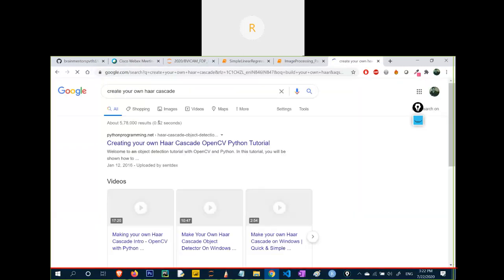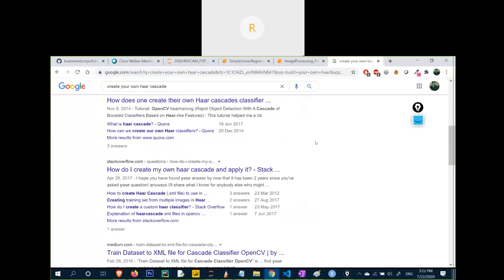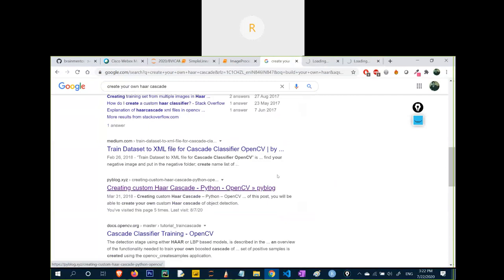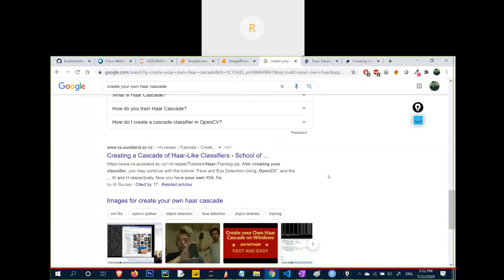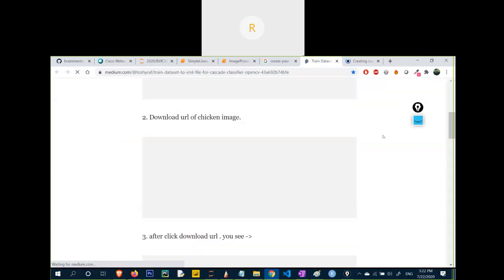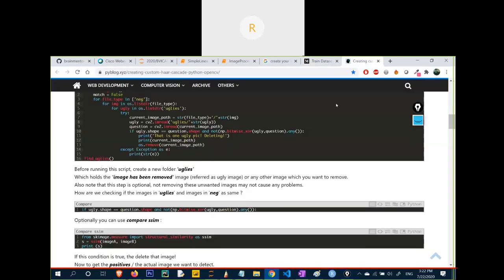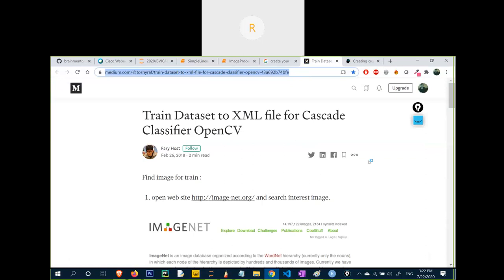Okay, so if you search on the internet for creating your own Haar cascade, let me show you the websites you can take as reference. There are a lot of steps that you have to perform step by step. Then you will be able to create your own Haar cascade file, and then you can detect the currency from the image. So these are the two URLs that I am sharing with you.